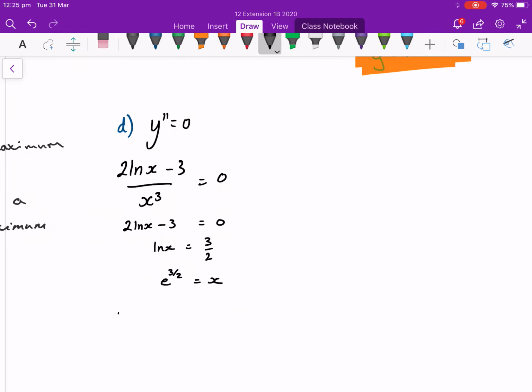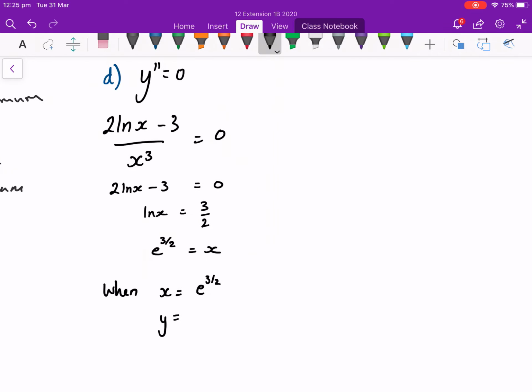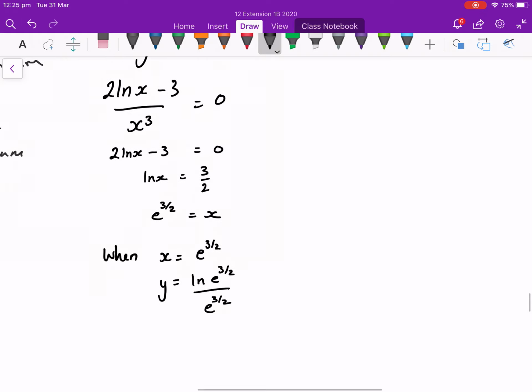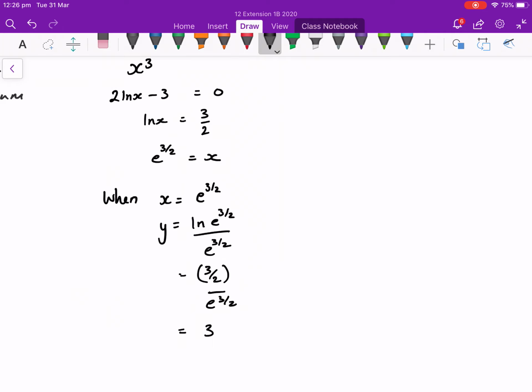Now, we need the y coordinate. So when x equals e to the power of 3 on 2, y is equal to, using our original function, ln of e to 3 on 2 over e to the 3 on 2. Well, ln e to 3 on 2 is just 3 on 2, so we end up with 3 on 2 over e to 3 on 2, and that simplifies to 3e to the negative 3 on 2 over 2. Okay, so that is